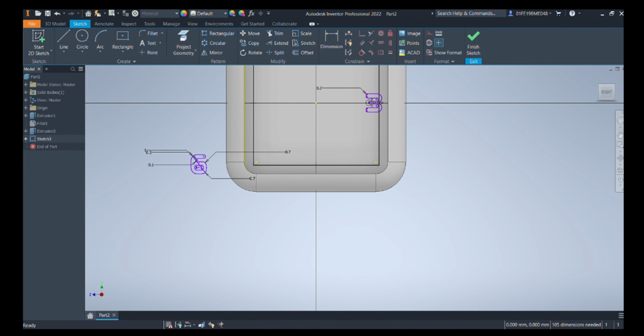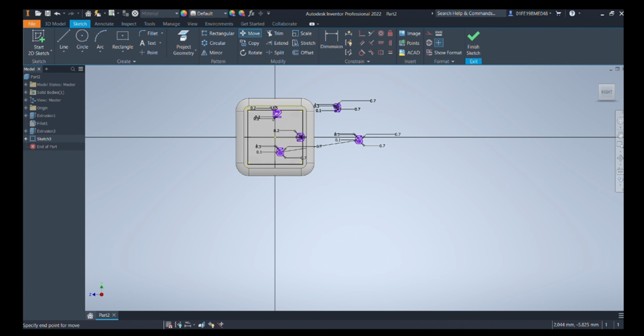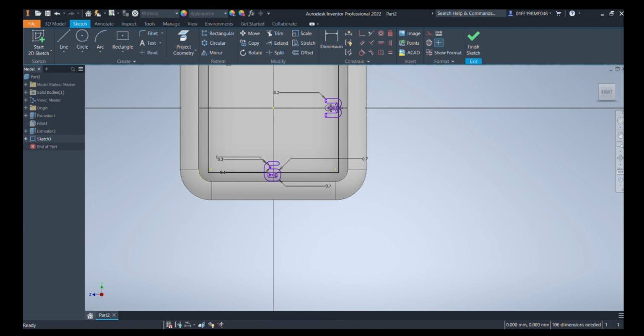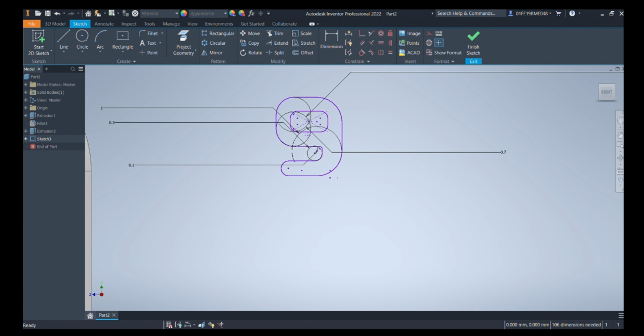Here there is some problem with the selection. So again we will cancel it out and reselect the model and move it. Yes, we have fixed it at the right point, and here we can see that it's not meshing with the below frame.